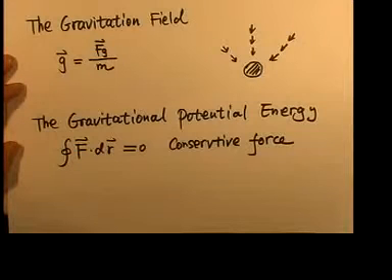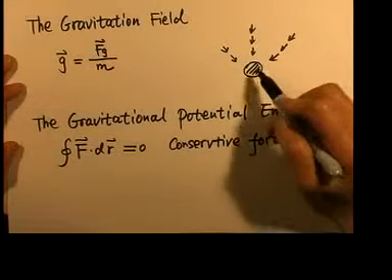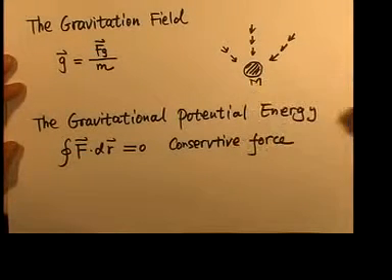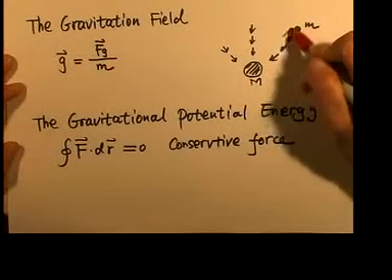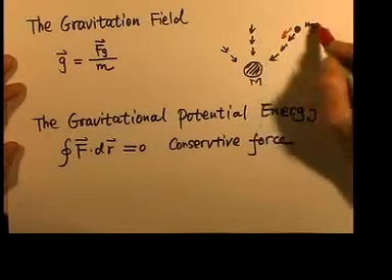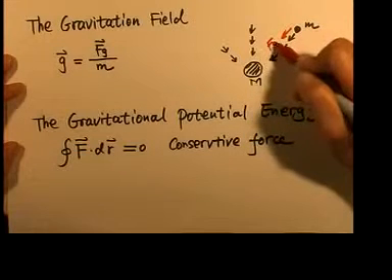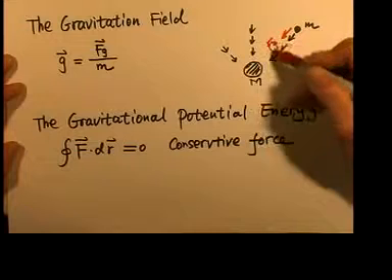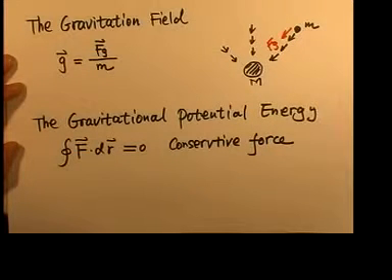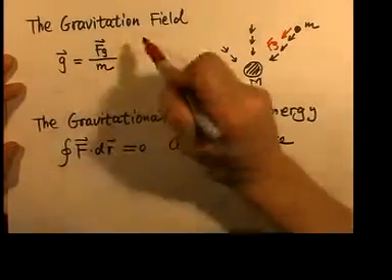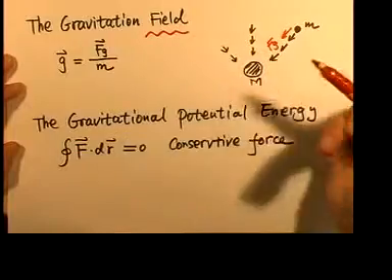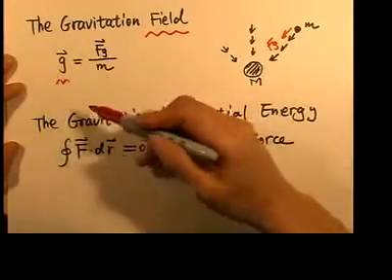Next, let's learn something slightly different. That first of all is the gravitational field. Imagine we have a large mass M and a small mass little m, and obviously we know that the large mass will attract the small one. Certainly the small one also attracts the large one, but right now we're interested in the small one. So the gravitational force on the small one is Fg, which follows Newton's law of universal gravitation. If we define the gravitational field, which is a vector with the symbol little g,